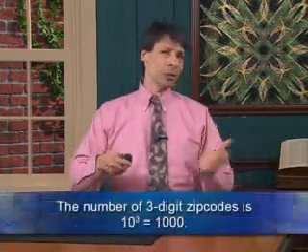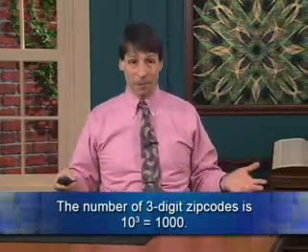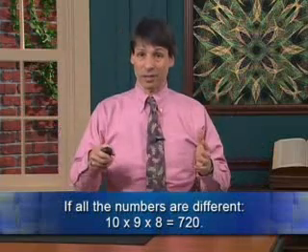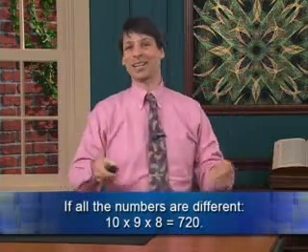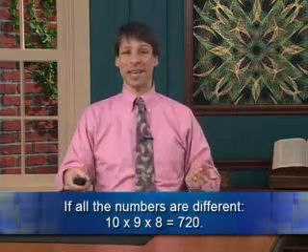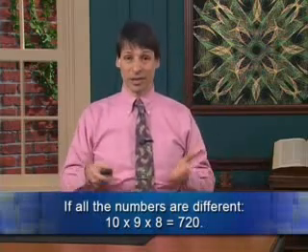Notice that our numbers get smaller as we add restrictions. For example, the number of 3-digit zip codes would be 10 to the third, or 1,000. And if all the numbers had to be different, just like, say, the first, second, and third horse to finish in a 10-horse race, the answer would be 10 times 9 times 8. That's 720, which is less than 1,000. And if order doesn't matter at all, then the number will be even smaller. How much smaller? As we'll see, by a factor of 3 factorial, by a factor of 6.